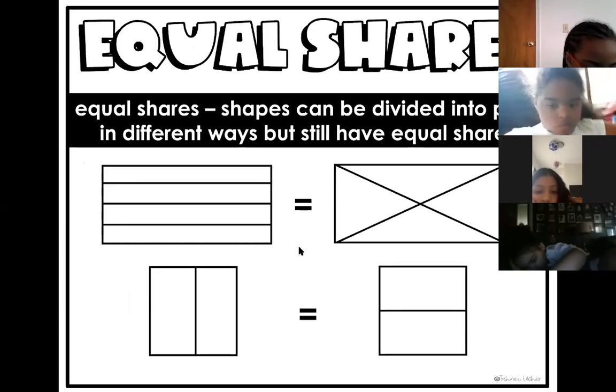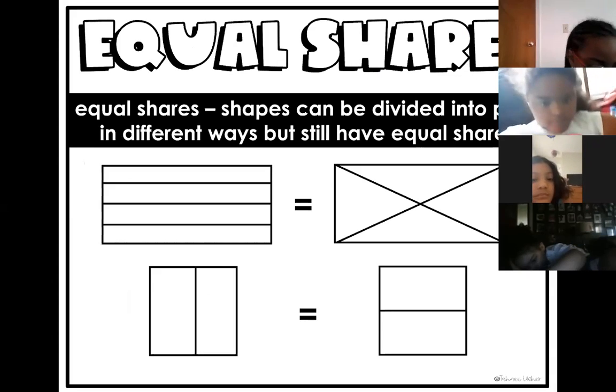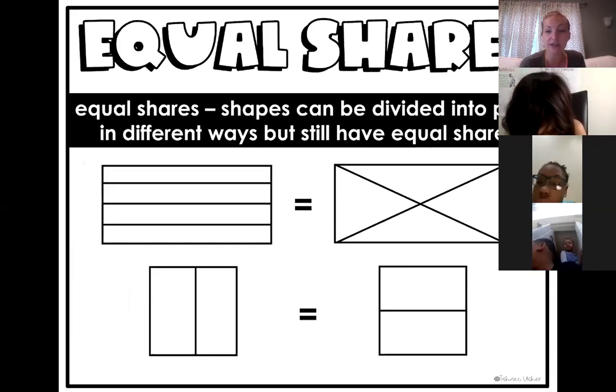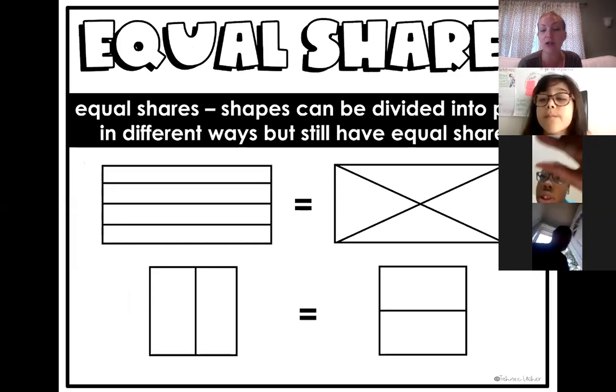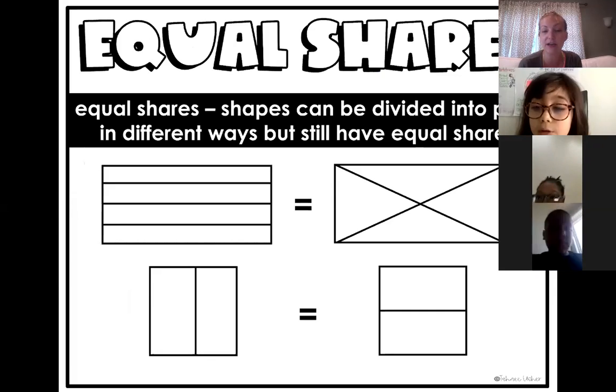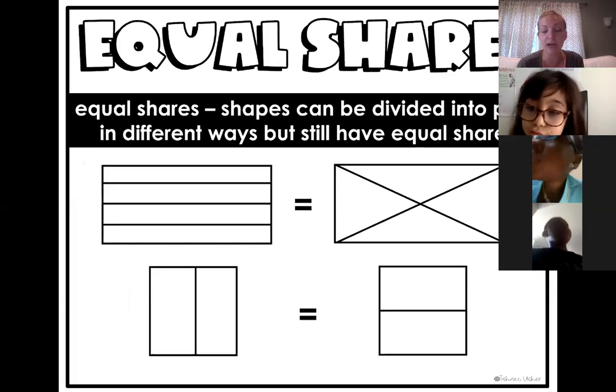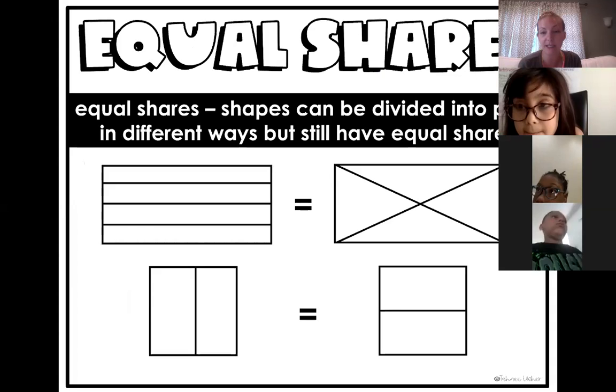And we're going to be focusing on equal shares. We like to be fair in our classroom, and we're learning about equal shares. So when we divide shapes, we want to make sure that the pieces are all equal. If you take a look right here, both of these rectangles have been chopped up into pieces, but they're